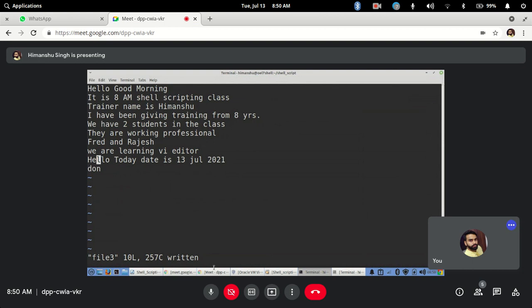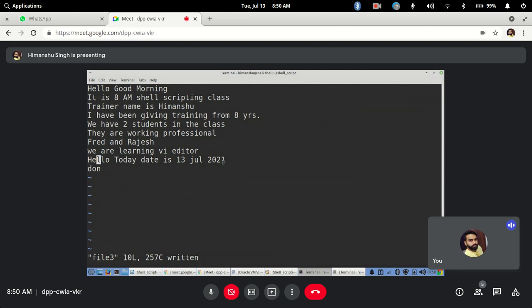Now let's say you want to delete from your current cursor position, wherever your cursor is, towards the end. What we have seen earlier, D dollar, was for the end of the line.